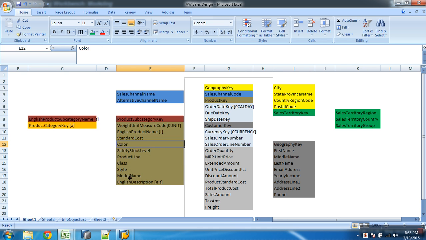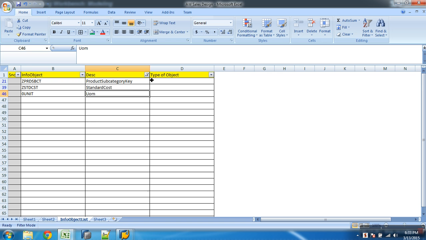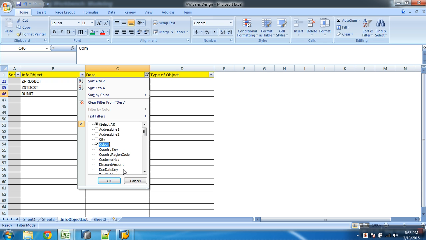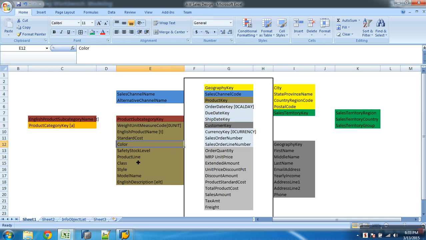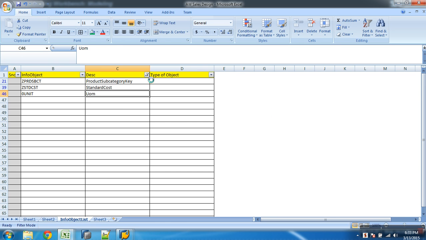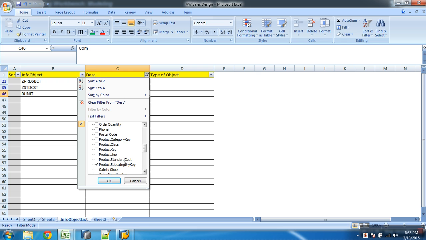Next is color, safety stock level. Color, and then safety stock, yes, I've just taken it as safety stock. Then product line, class, style. Product line. Let's have something like class, I think it's like product class.